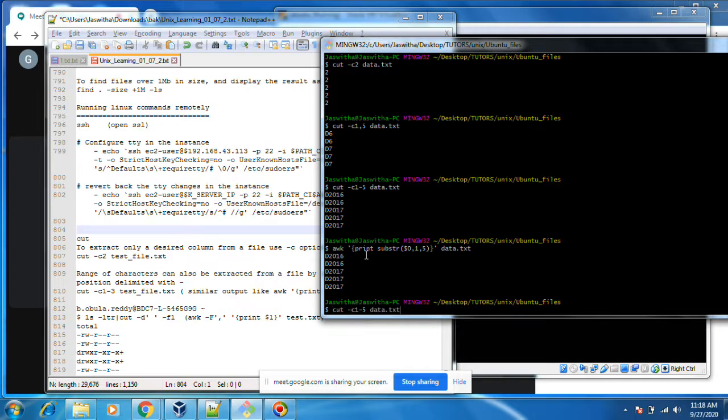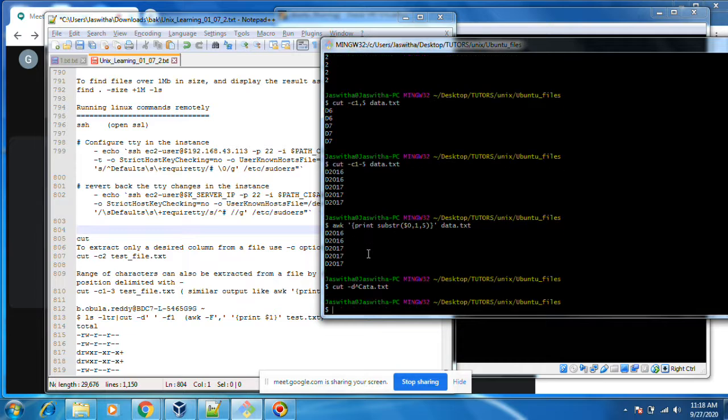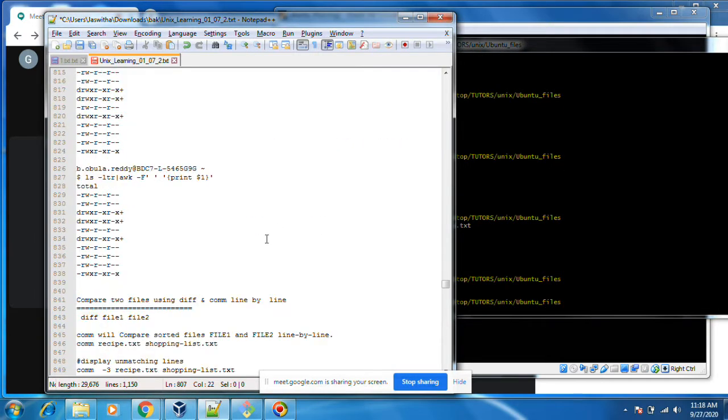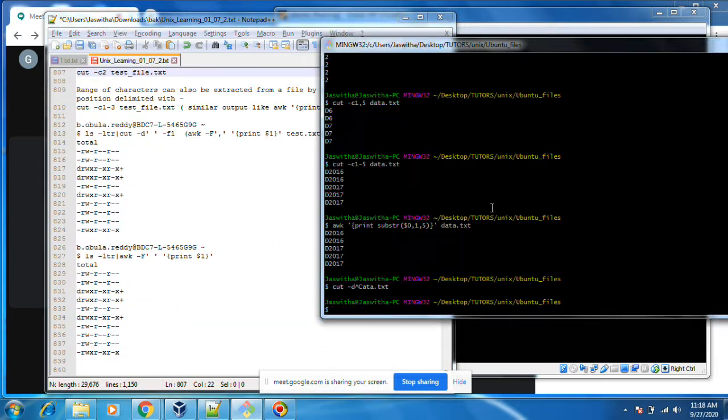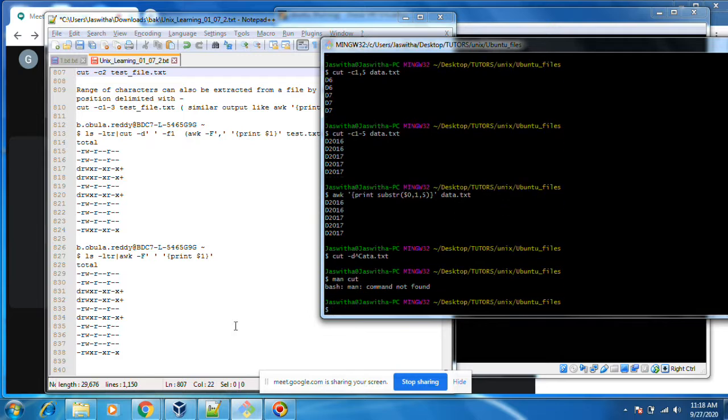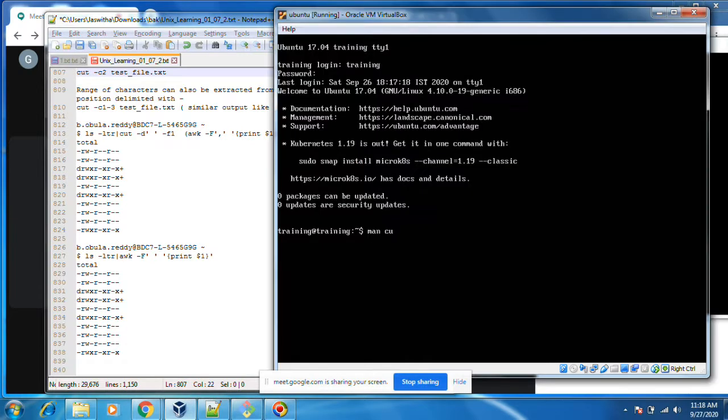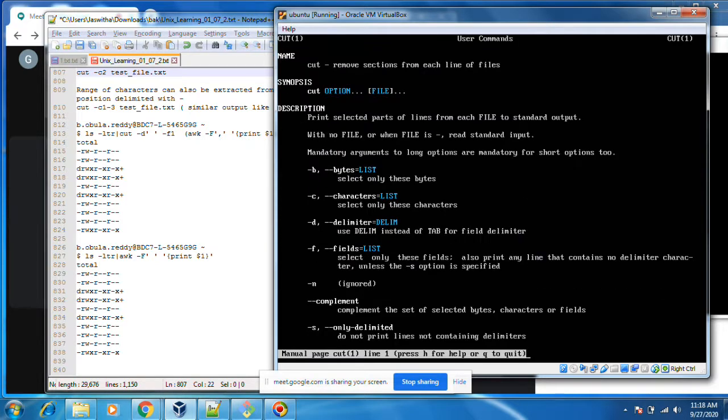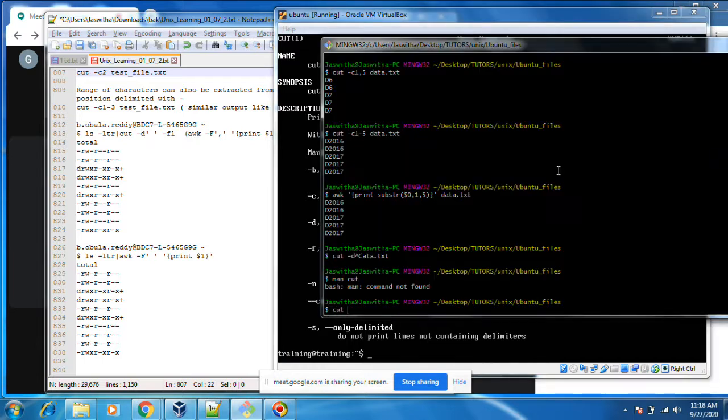Okay, you can do cut -d for delimiter, and -f for field. Cut -d, -f2.